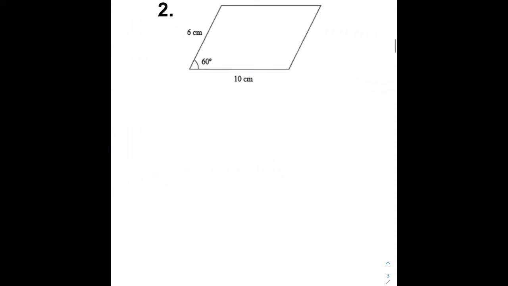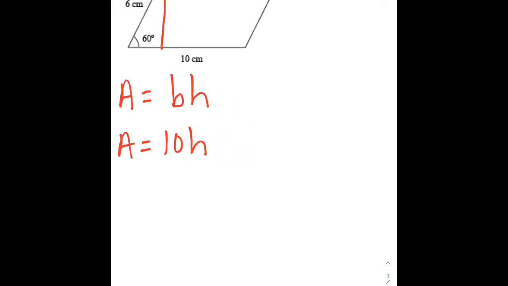Okay, example 2, and this is why, if you looked at the filled in notes, sometimes these aren't as easy as they seem. Again, I would identify that this is a parallelogram. Then I would say that the formula associated with the parallelogram is base times height. In this problem, the base is 10. What I don't have is the height. So in order to find the height,